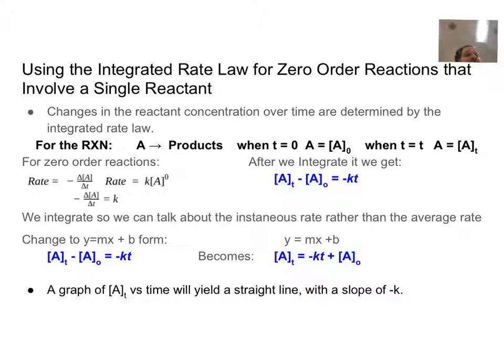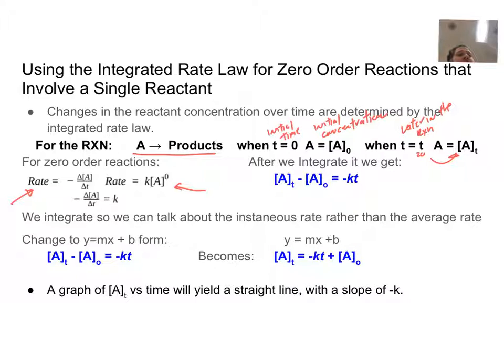There's a lot of math on this slide, so we're going to talk about it in terms of the generic reaction, reactant A going to products. This is initial time, which is 0, and this is initial concentration. And when time is t, so this is later in the reaction, the concentration is whatever the concentration is at that point in time. So if the reaction occurred for 20 minutes, then we'd be looking at the concentration at 20 minutes. So the rate expression can be written like that for the reactant,